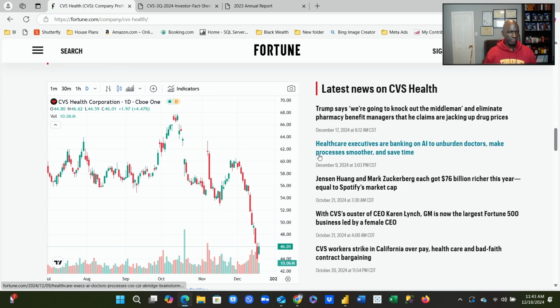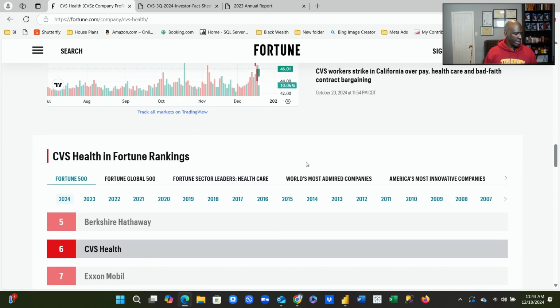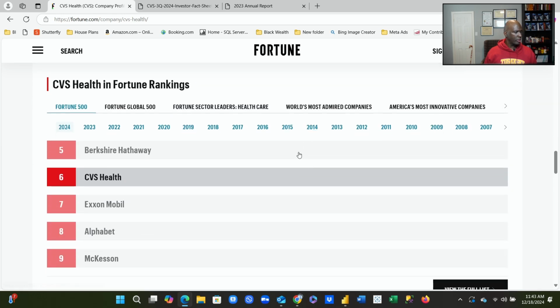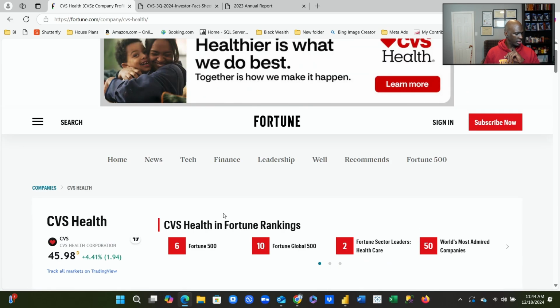So as we go down, again, remember, we are still on the Fortune site, and as we see here, these are the CVS Health and Fortune rankings, and we spoke before, and we said that they were number 2, I believe, in the healthcare sector, number 6. CVS Health and Fortune rankings. Let's see, number